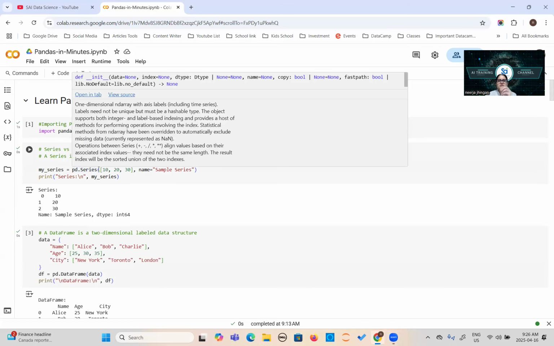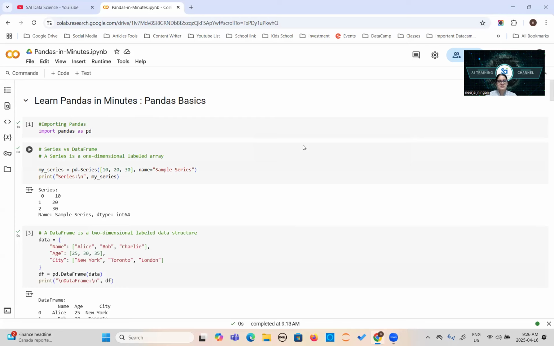So you are just going to stay with me for only 10 to 15 minutes. You are going to learn the basics of pandas, which methods you are going to use most often at the initial level. So look at this now. First, you need to import pandas as pd. Pandas is the library. Whenever you see the import keyword, this means you are importing a library in Python. Just understand it: the import keyword is only for a library. And if you use the from keyword, that is for a package of Python, not a library. Okay.